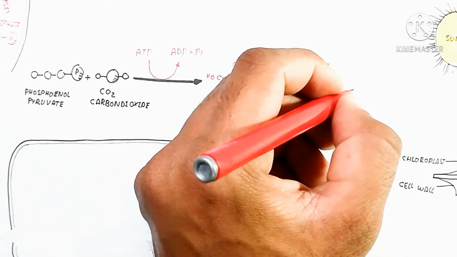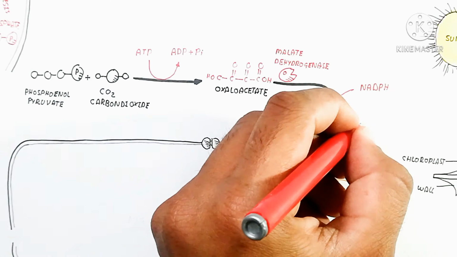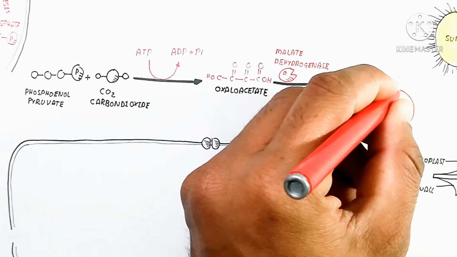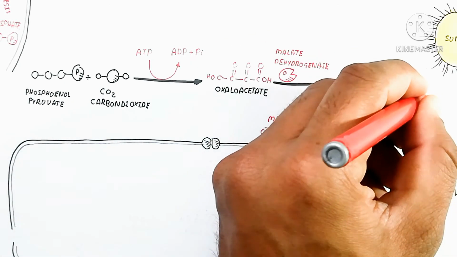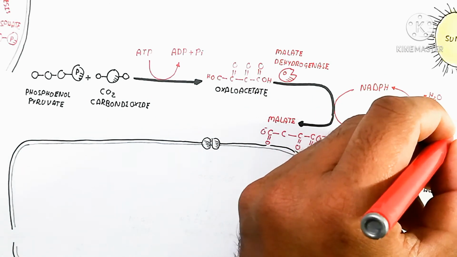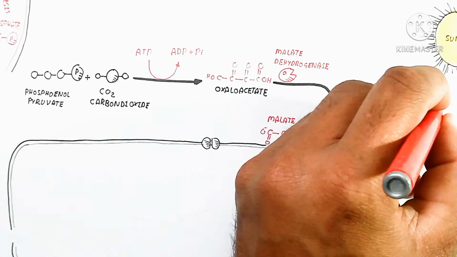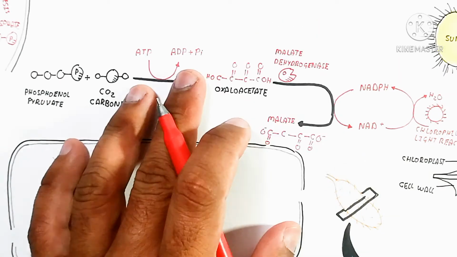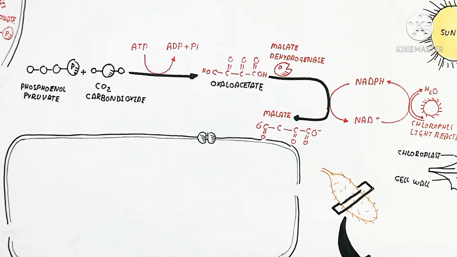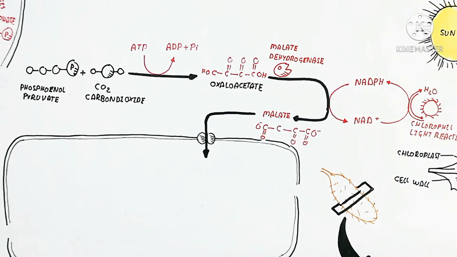So here I was wrong: basically here NADPH will be generated, not used. So remember it. NADPH will be produced from the chlorophyll light reaction also. That is important, and the malate ion will move inside